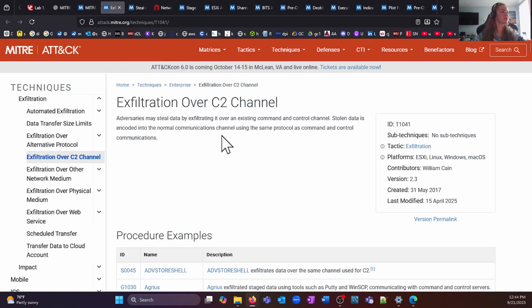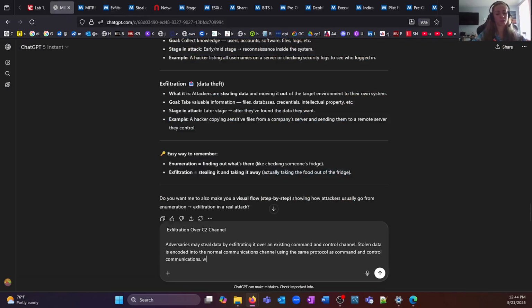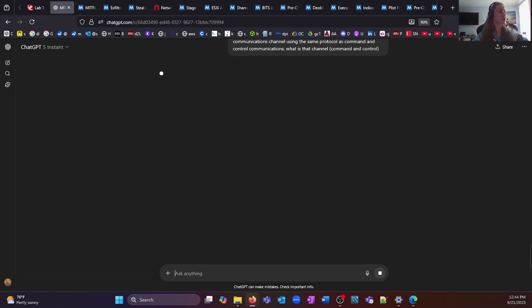Okay, exfiltration over C2 channel. Adversaries may steal data by exfiltrating it over an existing command and control channel. Stolen data is encoded into the normal communications channel using the same protocol as command and control communications. What is that channel? Control. It's just PowerShell or